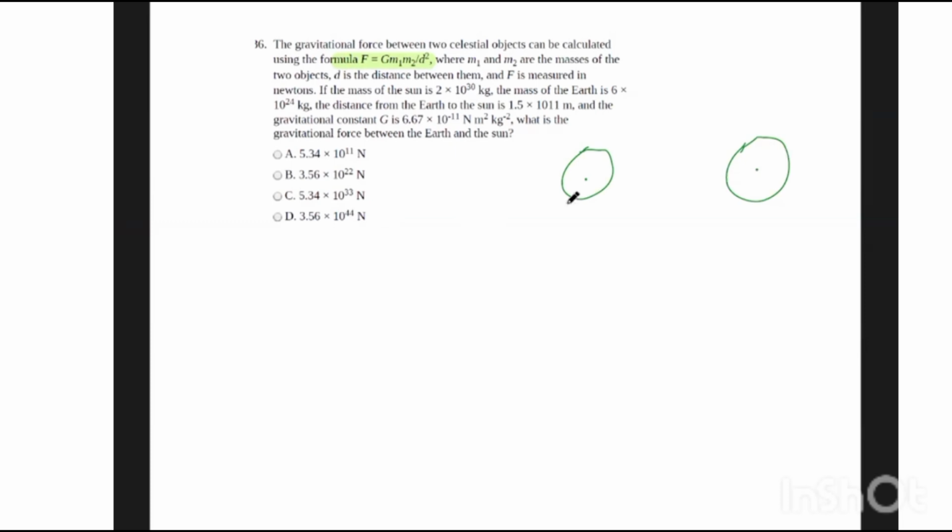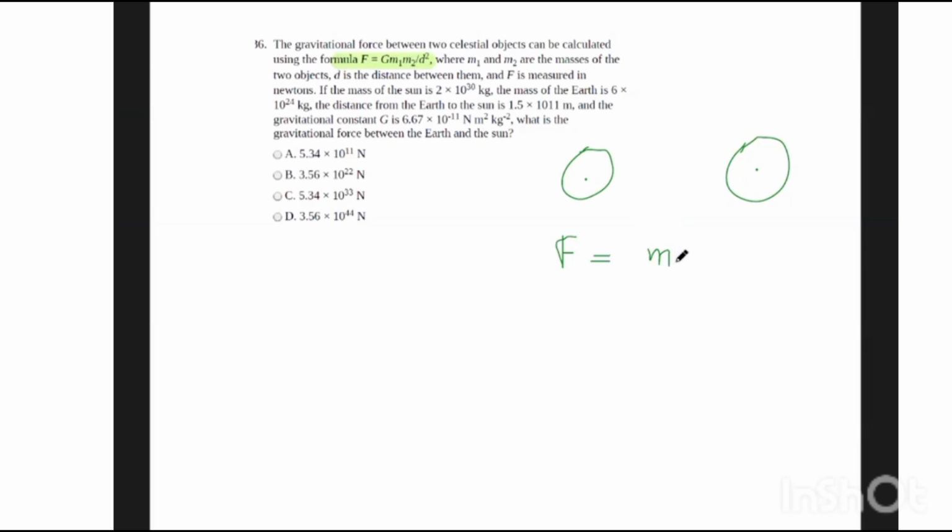etc. It also applies to small objects, but the force is not that big, so we do not consider it in real, like in our day-to-day life. So this is mainly considered for the heavenly bodies. Now, according to the law, the force that these two planets will exert upon each other, the F, the force exerted by these two bodies on each other, will be the